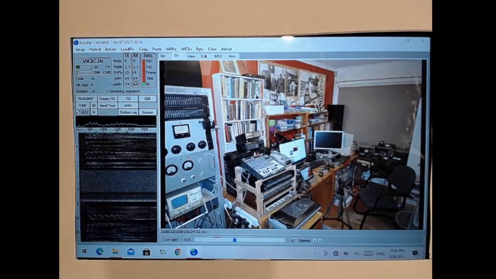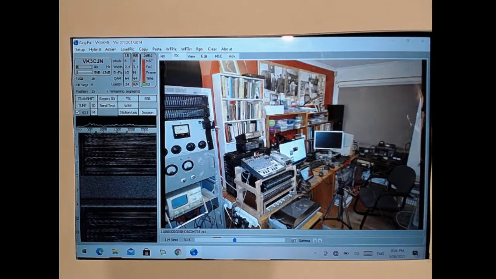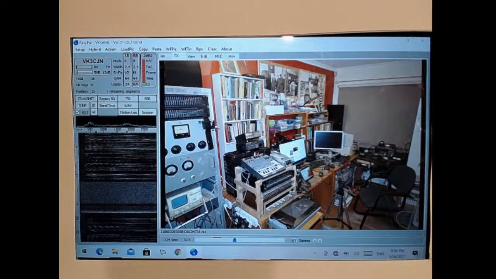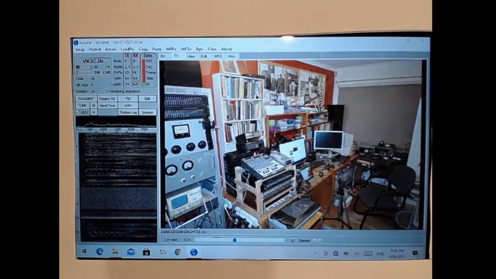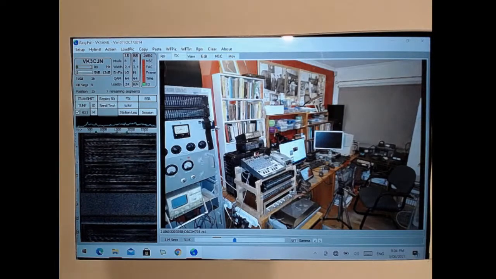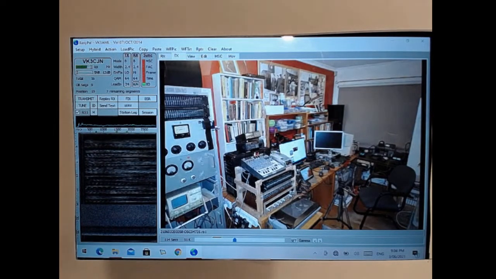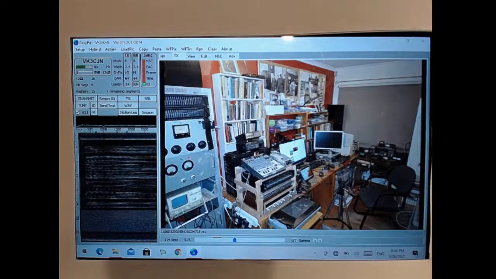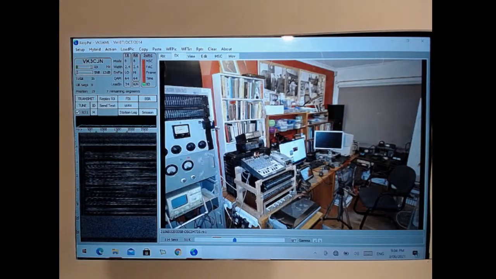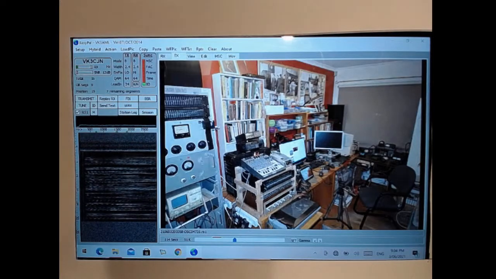VK3AML, you're up for an image when you are ready, and how's your week been? How are you? And tell us all about your experiment tonight. VK3AML, VK3FTZD. VK3FTZD and group, VK3AML. Well, currently we're streaming